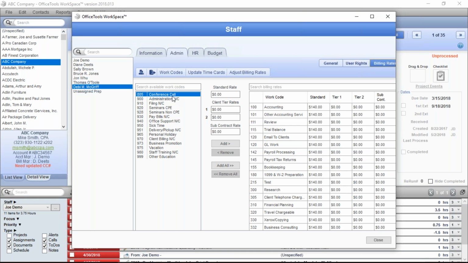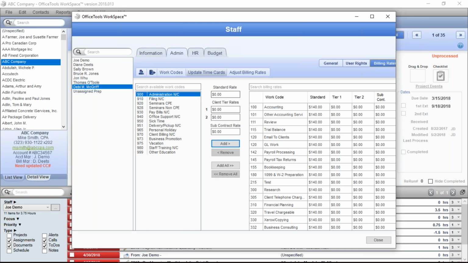So I want to make sure that I select those codes, I give them a rate, and I add them over to the right. Otherwise, as Nicole just mentioned, when time gets tracked, it's not going to have any billable time. It might actually just funnel itself out of being billable for the client, so you're actually losing that time that could be part of an invoice and be collected on. Absolutely. So once we've got our housekeeping kind of done there, there's one last thing I'd ask everybody to do at this point.